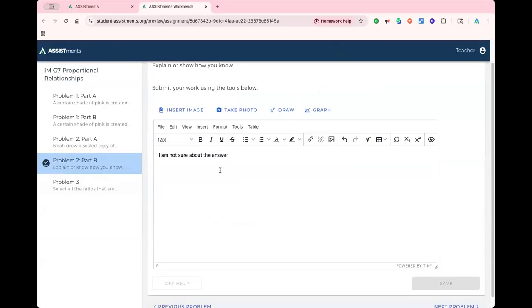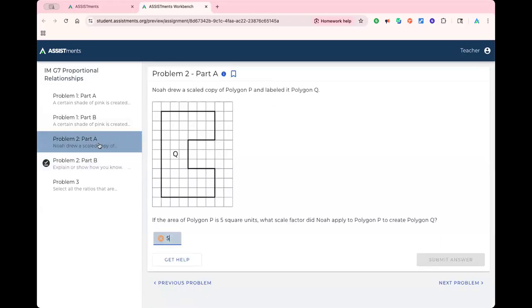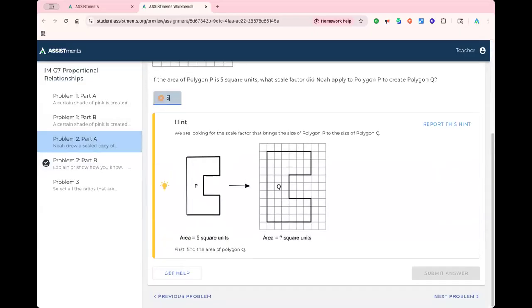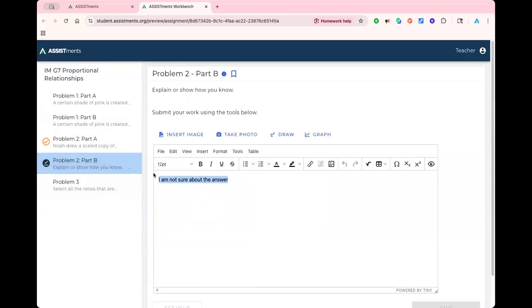Normally that would be done. That's my submission. But if I go back and I'm like, you know what? I need a hint. And I use my hint to help me out. And I'm like, oh, wait, I get this answer now. I'm going to say 3. I can now go back and say, I used the hint and realized,